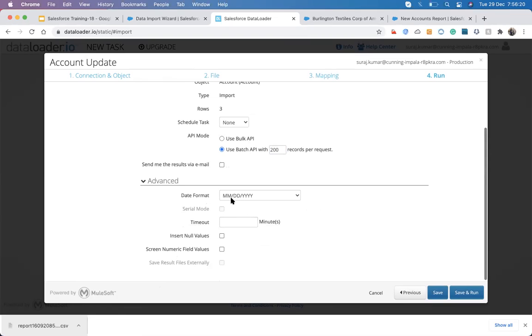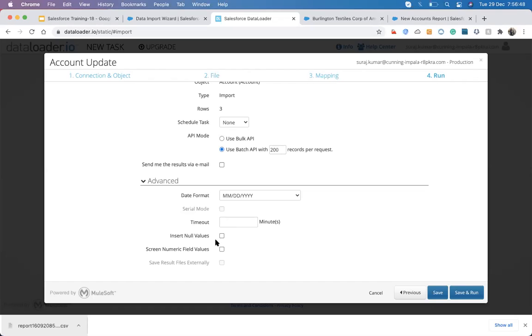And we also have what the date format should be, meaning the format of the date field that we are using. Since it is making a request to the Salesforce server, importing the data from the data loader server to the Salesforce server, what will be the timeout for that?